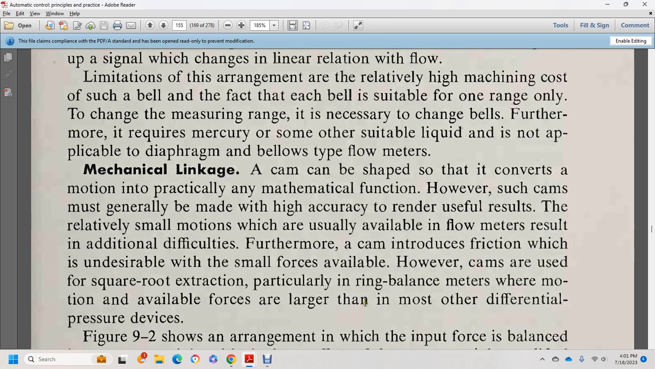Mechanical linkage. A cam could be shaped with the reverse of motion with the practical and any mathematical function. However, such cams must be generally made with the hierarchy of the render for the useful result with relatively small motions which are easily available, and flow meter resolve with additional difficulties. Furthermore, friction can be introduced, which is undesirable with small force available. However, the cams are used to square root extraction, particularly with the ring balance of the meters where over the point motion the variable force